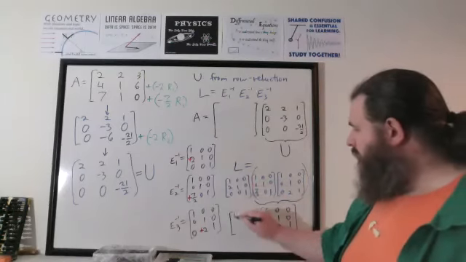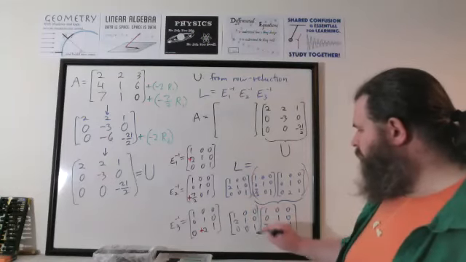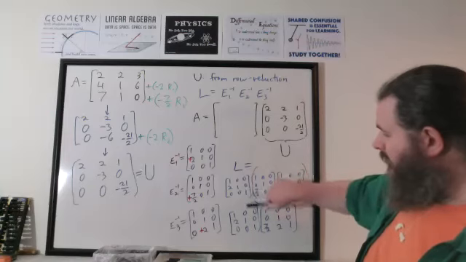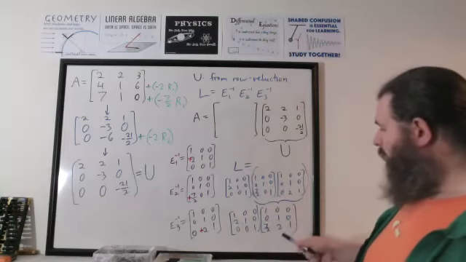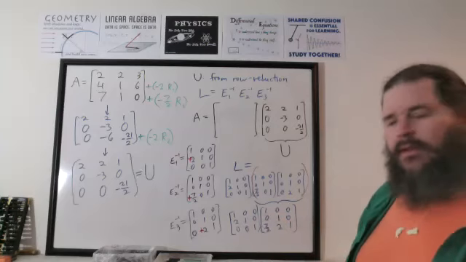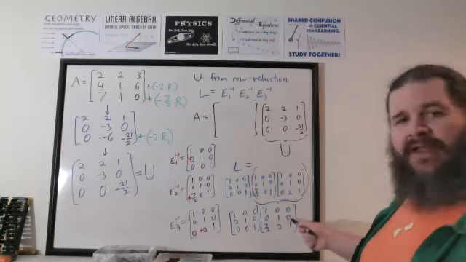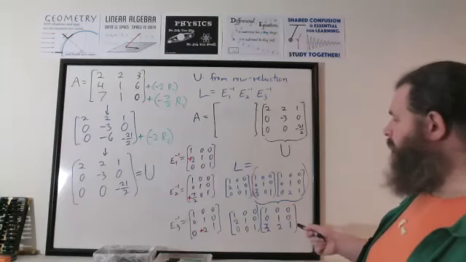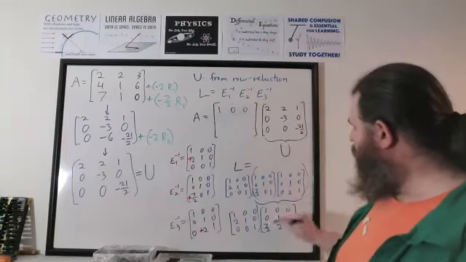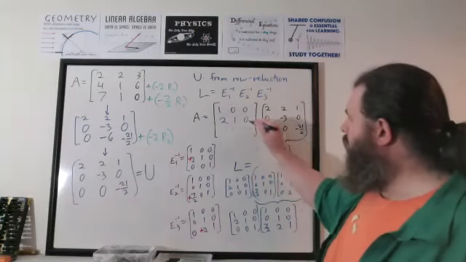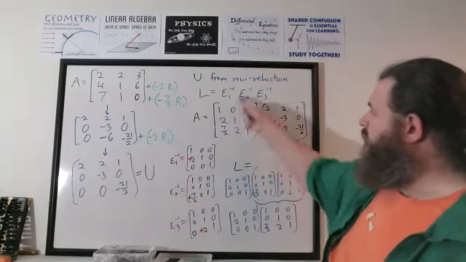Likewise, this E1 inverse. This is saying keep the first row and third rows the same, but modify the second row by adding 2 times the first row. So 2 times the first row would be 2, 0, 0. Add that to the second row, we get 2, 1, 0. So our L matrix is going to be 1, 0, 0, 2, 1, 0, 7/2, 2, 1. So that's L